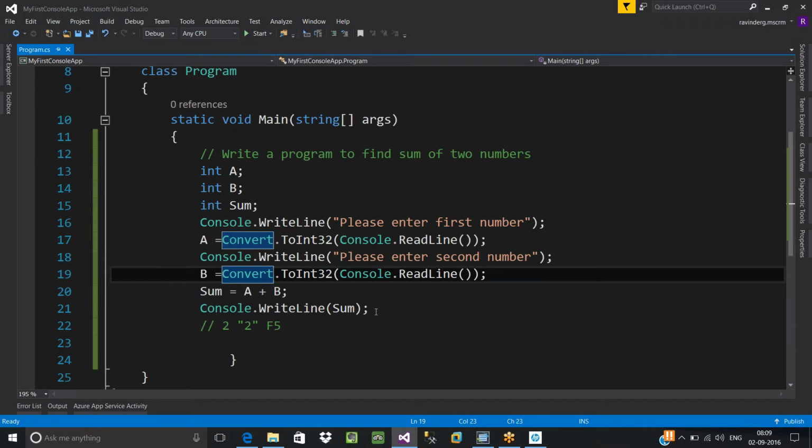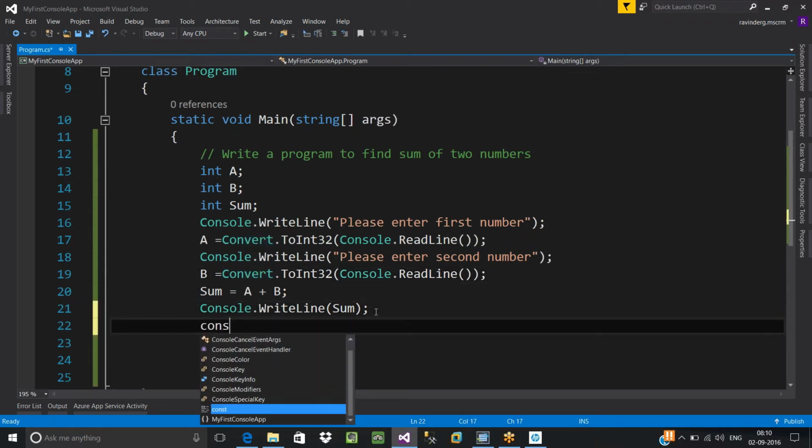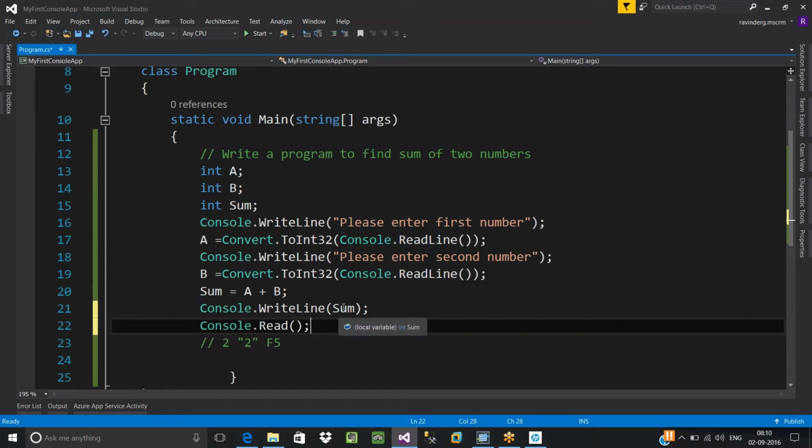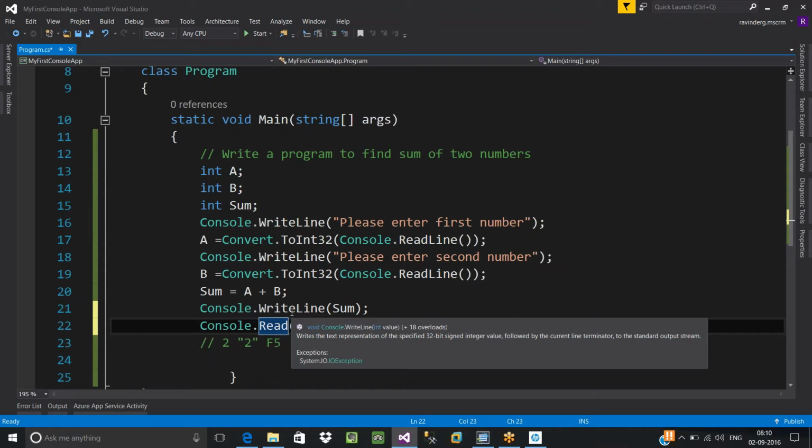How to hold it? You need to write a small statement called console.read. This is nothing but getch in C. What will happen once control comes to this line? It will display the result. Next it will go to this line. This is a read statement. So this will hold the window until some input is entered by the user. If you press any key, the input will be supplied to the system. So immediately this line execution will also be finished and the window will be closed. So it will hold the window until some key is pressed by the user.